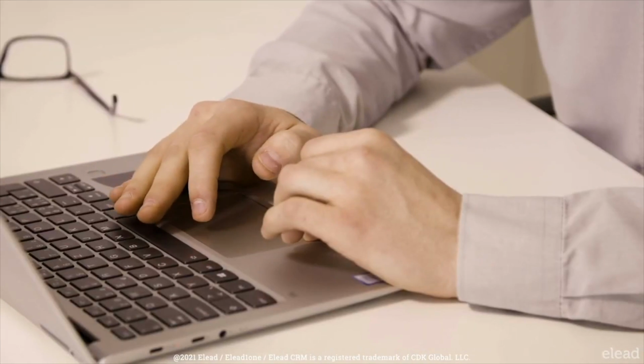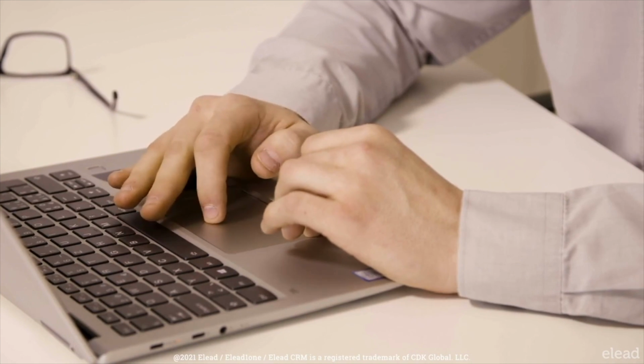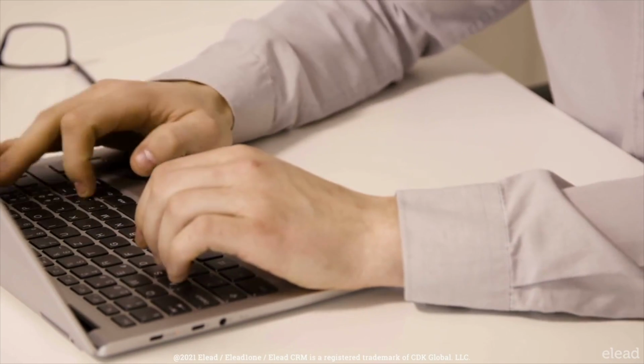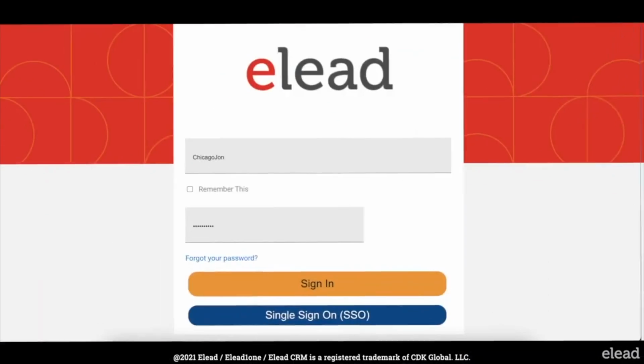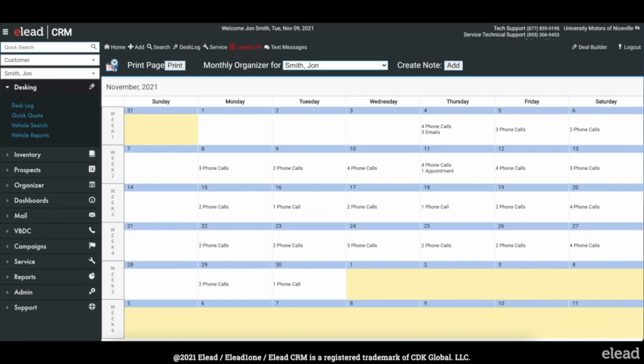Salespeople, BDC agents, internet reps, managers, and anyone with overdue tasks can complete these activities, ensuring that all of their tasks are completed. It's best practice to regularly check for overdue tasks to make sure that your customers aren't slipping through the cracks. To complete your overdue tasks, the first step is to log in. There are two ways that you can complete your